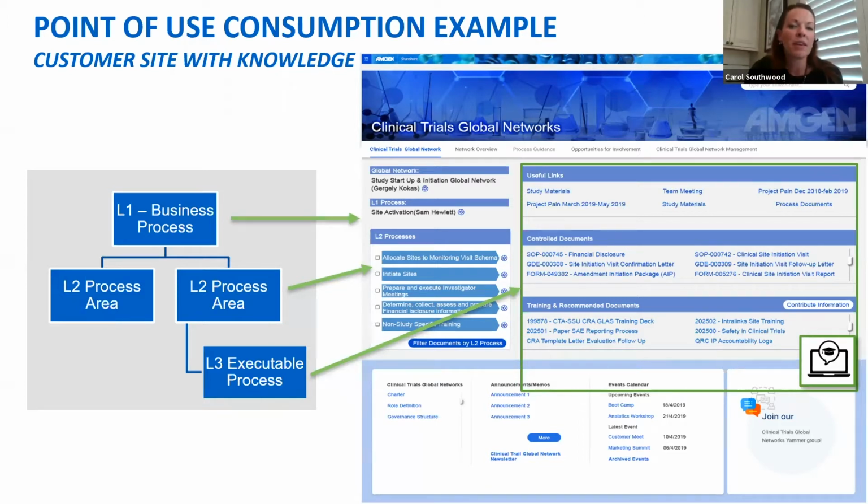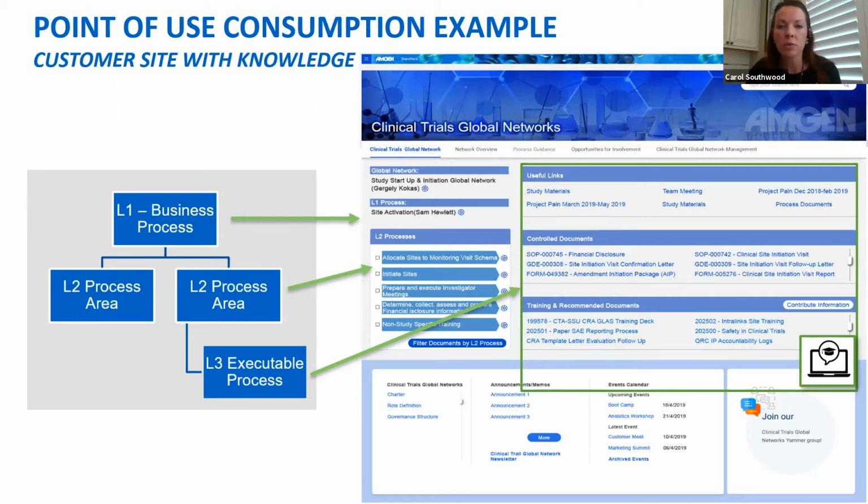So we've got the L1 business process area. That's this page. The L2s, we've got each described there. But then I want to know, what's the executable process? What are all the control documents, the training, the websites, the external resources that I need to know? That's what's appearing in the big green box on the far right. That's filterable. That allows users to say, okay, I only want to know about these 2 process areas rather than the collection of process areas. And then the executable processes